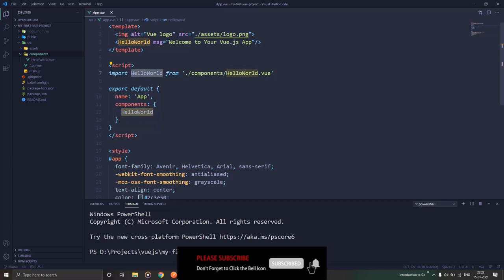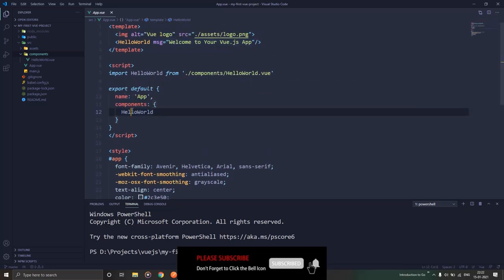Unless you list this hello world component inside this object, this will not allow you to use the hello world HTML in your app component. So once you have done this, then only you can use the hello world component. Now this part is something that we'll be discussing. This is passing some property values inside your component, but we'll discuss this in a later part, and you can totally skip this for now and remove it from your memory right now.